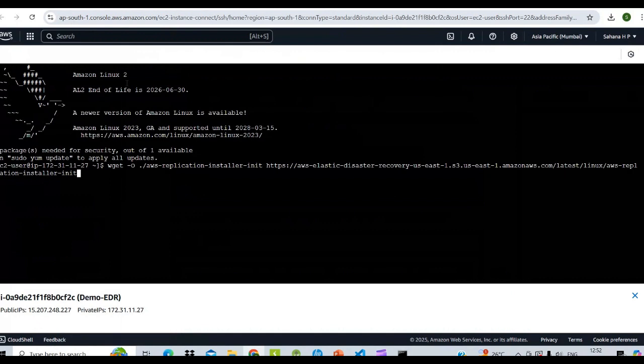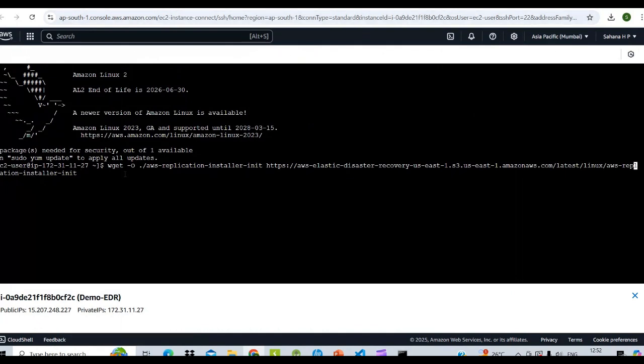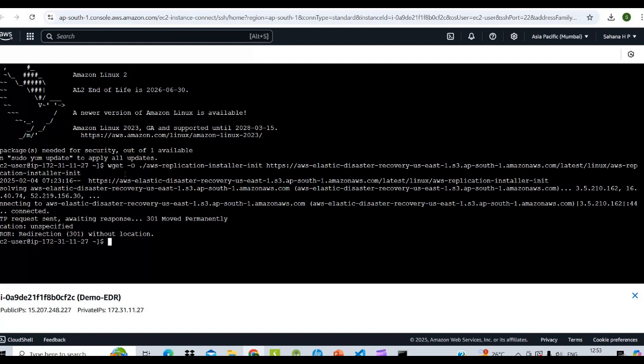That's why we need to change the region. Before installing, you need to change the region to the one where you are working. Just enter this.